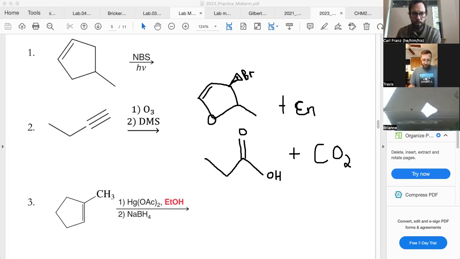So now, what do we have here? What does this tell you when you see these reagents? What does that indicate? What kind of reaction? So the mercury acid catalyst? That's an alkoxymercuration, right? Yeah, oxymercuration acid catalyst. You're both right. Because it has this mercury here and it has this acetate.